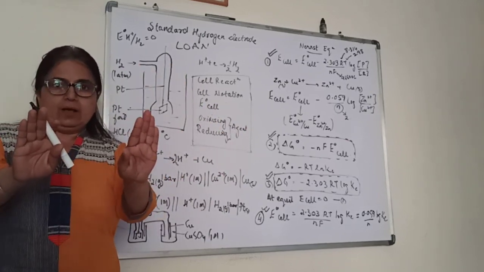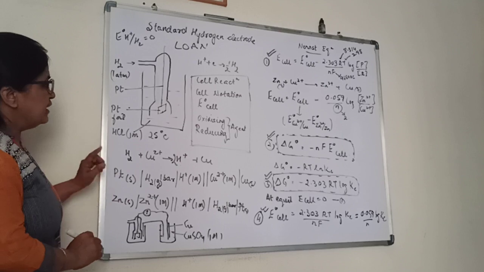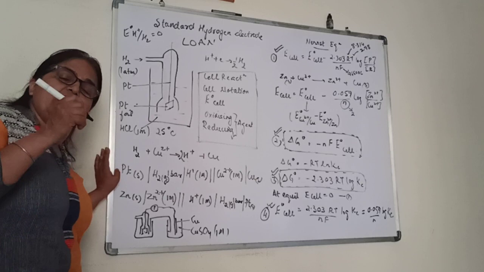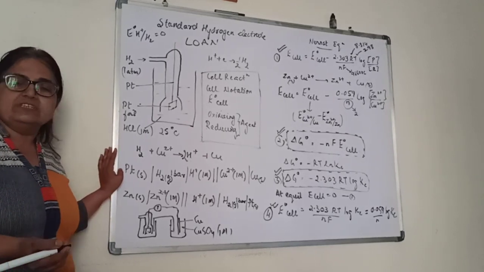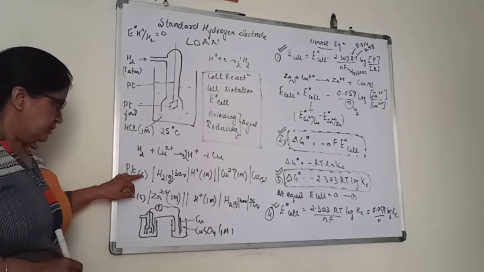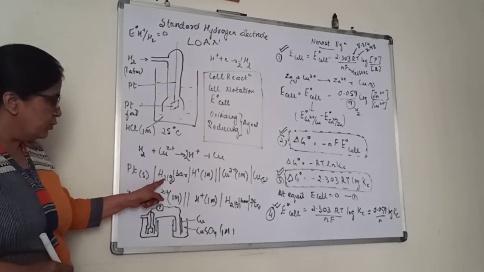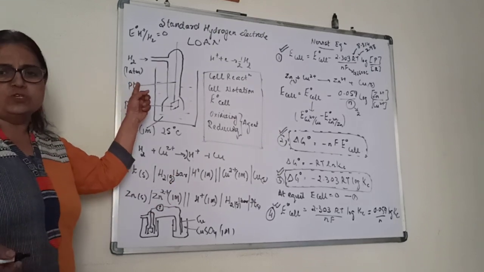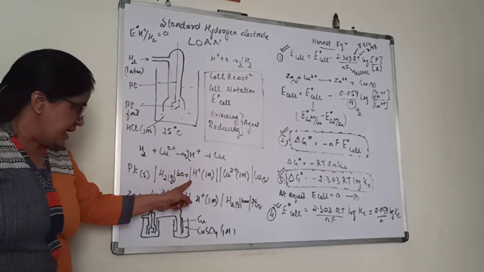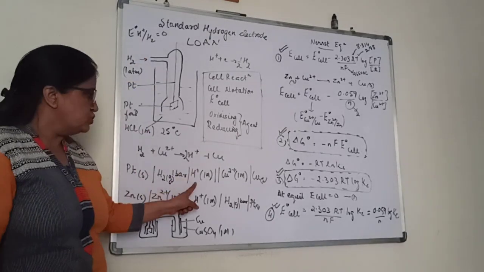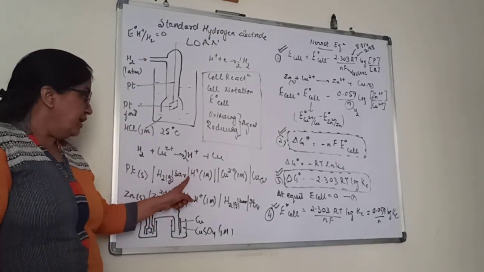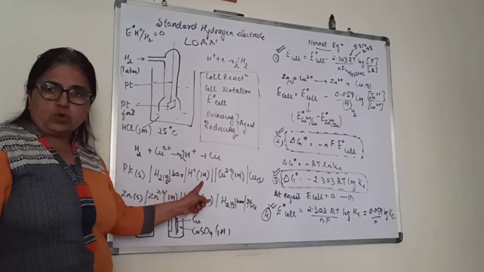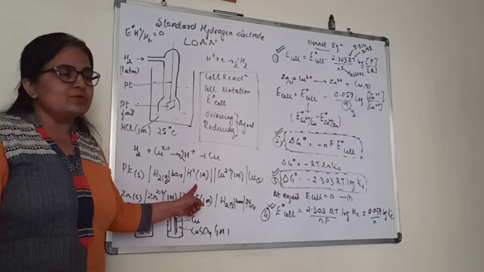In between them, ions. Further, you can see here, for this particular thing if I have to write, I will be writing platinum. Platinum I have to write for a non-metal electrode because hydrogen is adsorbed on it. So that's solid slash, because hydrogen is adsorbed on platinum, its physical state at 1 bar or nearly 1 atmosphere pressure, slash, because this is immersed in what solution? HCl. So I write only H plus because that is common with hydrogen. So H plus, again its concentration 1 molar. I am talking about standard so far.